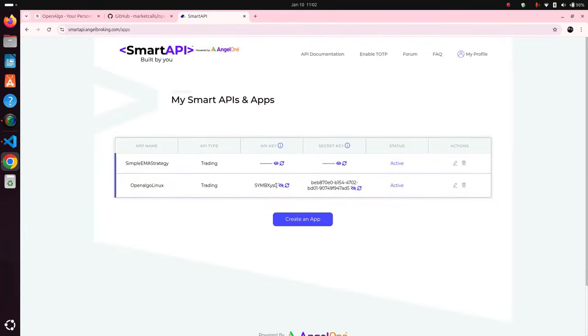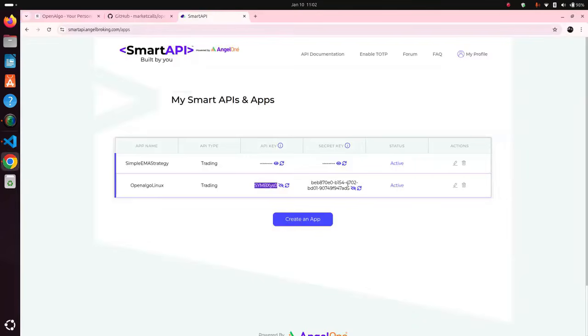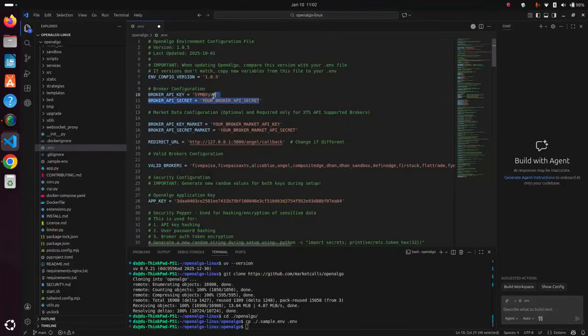We're going to copy that API key and bring it back to my .env file. I'm going to replace the default values with my API key and API secret. Remember, every time you change any API key or API secret key, you have to save the file and restart the application also. This is a beginner-level mistake many people make. So once this is done,